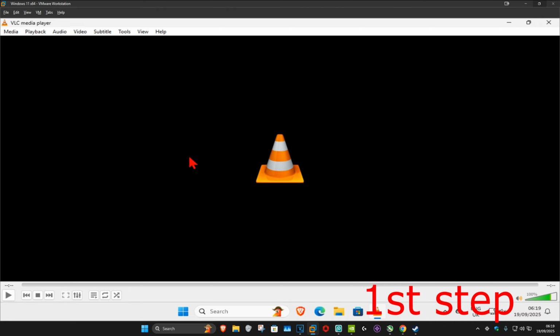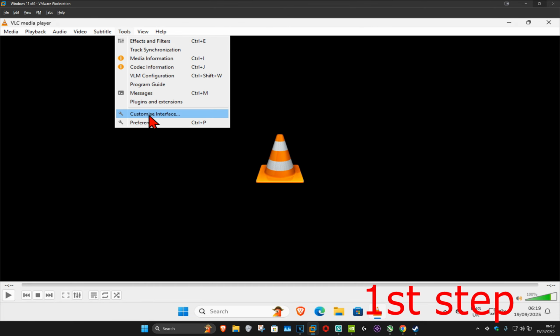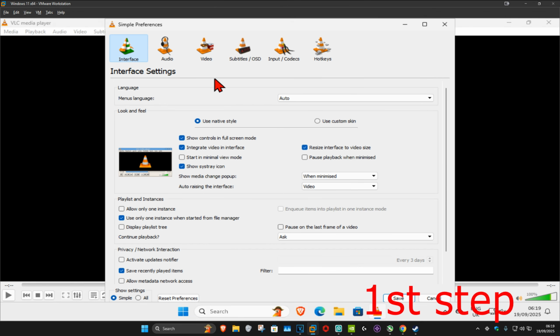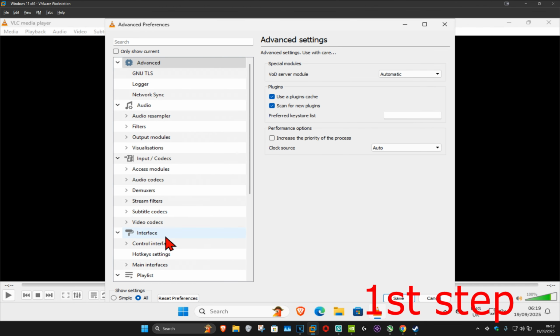So guys, for the first step, once you're on VLC Media Player, you want to click on Tools on the top. Now you want to click on Preferences. Now once you're on this, on the bottom left, you want to click on All. Now on the left hand side, you want to click on